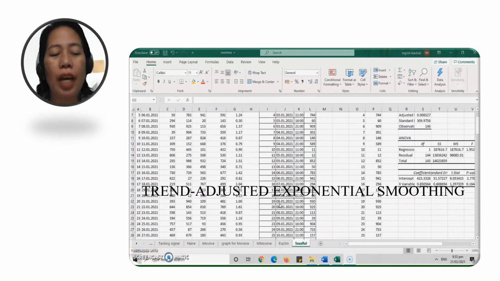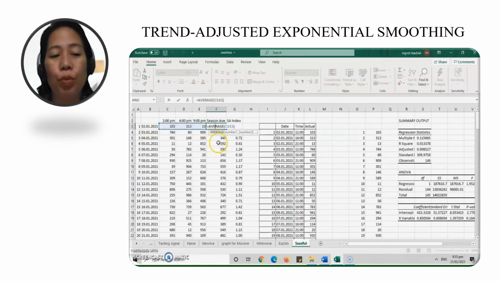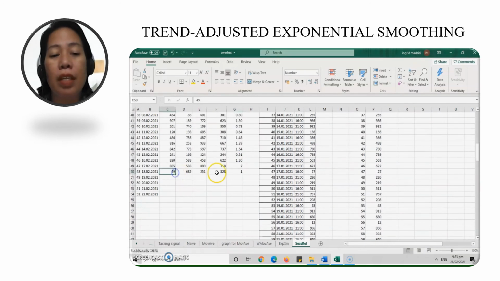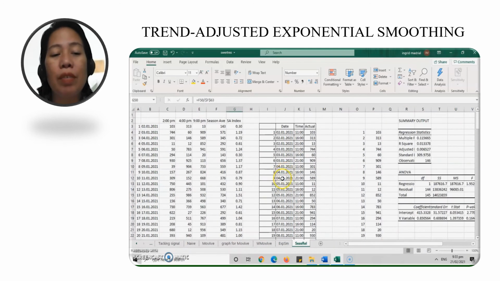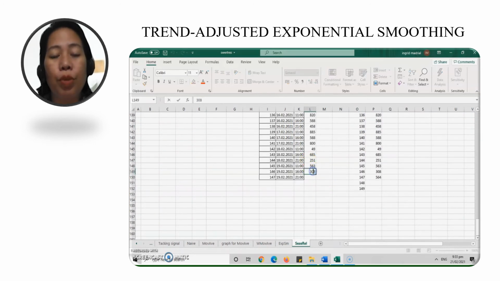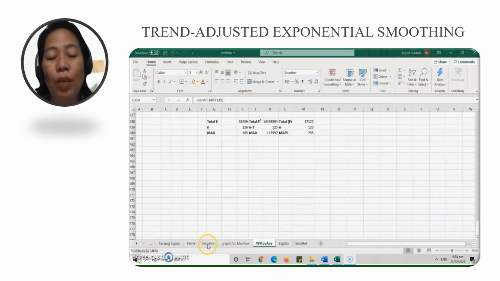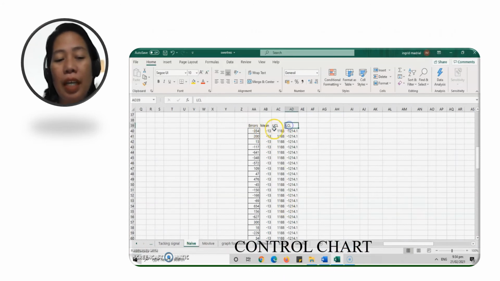The last forecasting method I need to show is the trend adjusted exponential smoothing. In my example, I computed the seasonal relatives using the simple average method, taking the average of three results in a day, the overall average, and the simple average relatives. The forecast was computed by multiplying the seasonal relative to the trend equation. The next thing I'd like to show you is a